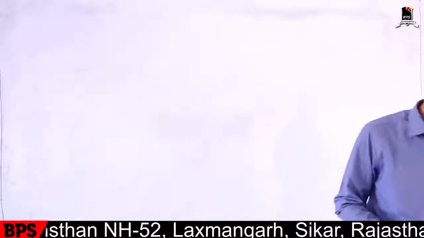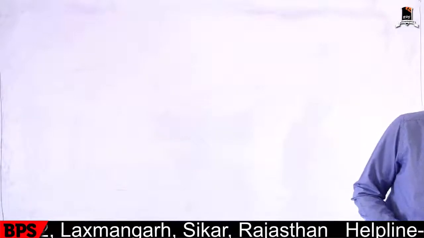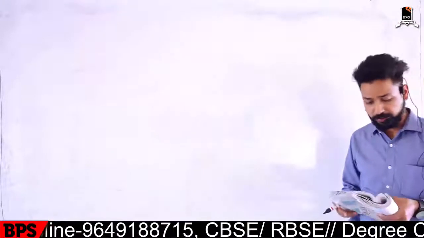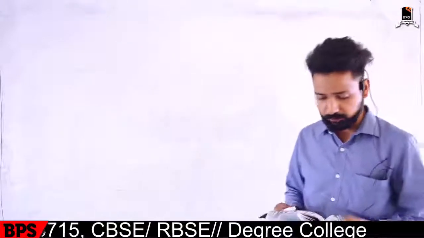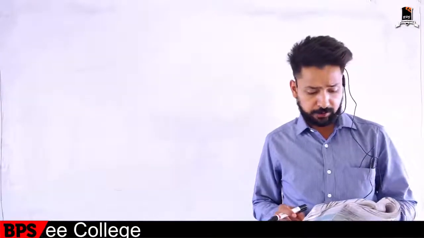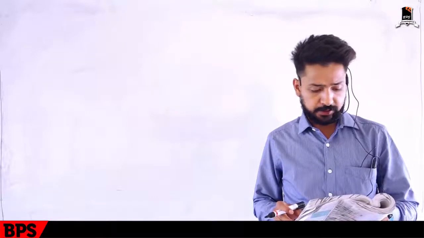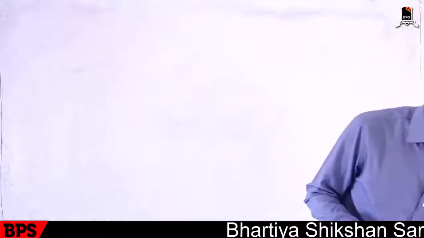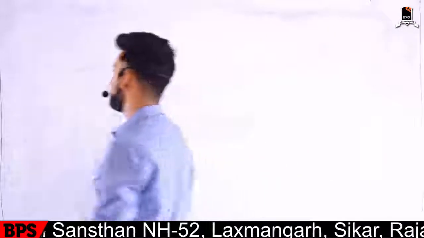Today we will discuss the next level of questions of chapter 12, areas related to circles. Now exercise 12.2, question number 10. An umbrella has 8 ribs which are equally spaced. Assuming the umbrella to be a flat circle of radius 45 centimeter, find the area between the two consecutive ribs of the umbrella.